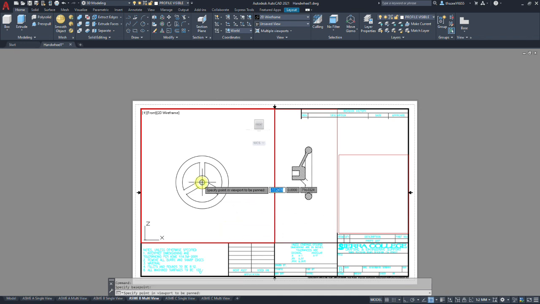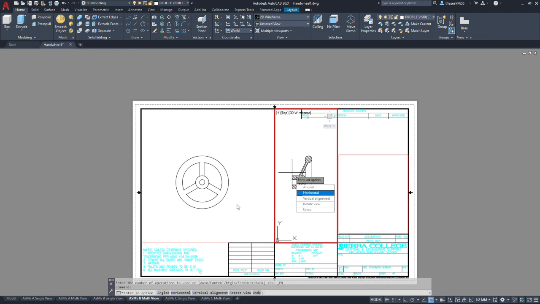And in our parent front view, it's going to be the center. And then it's asking where to select in the view to be panned. And it's going to be the middle. Okay, so they're now aligned.